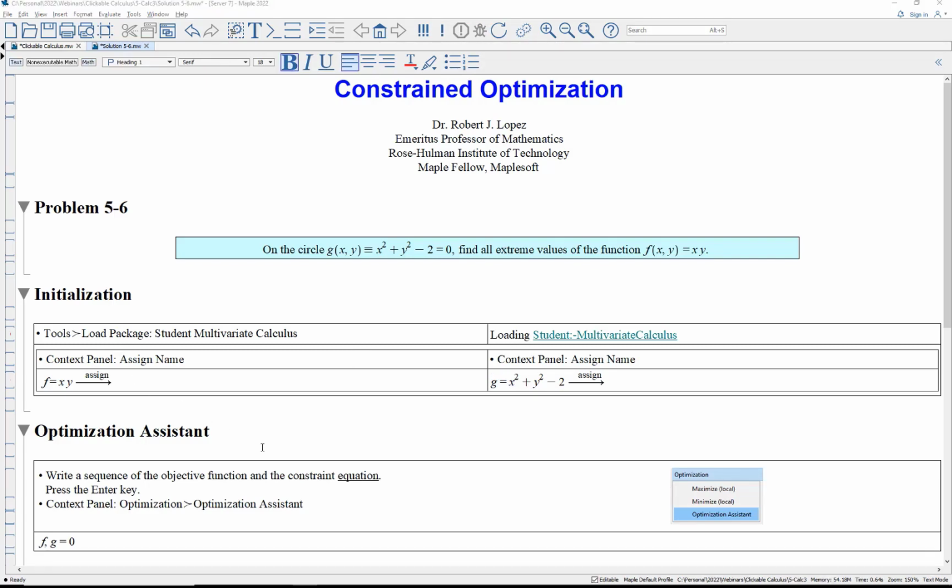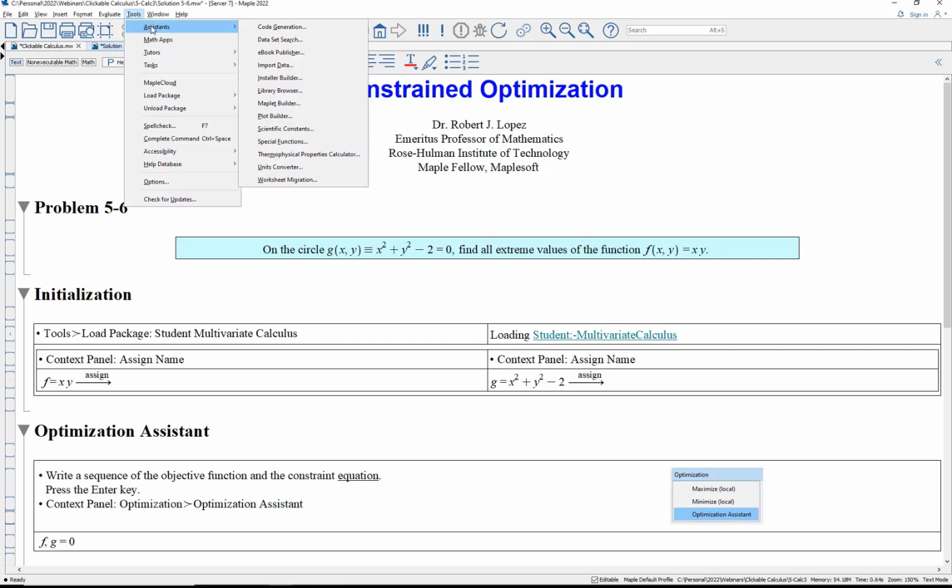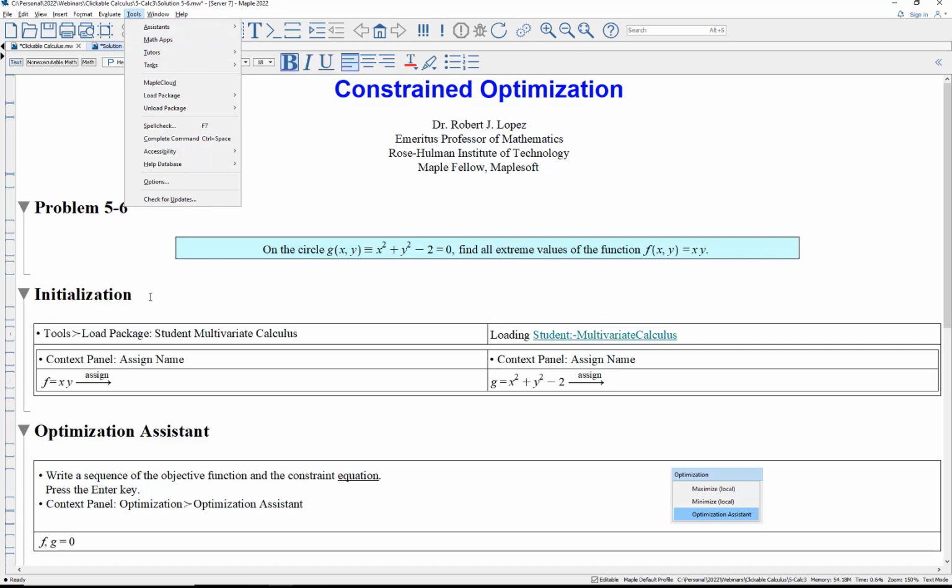We can get a numeric approximation to the zeros for the extrema that we're looking for with the optimization assistant. So under tools, you see assistants. This particular pop-up tool used to be categorized in here as an assistant. It's still called an assistant, but it's now listed as a tutor. It's right here. This would be the pop-up that we're looking for. I'm going to access it from